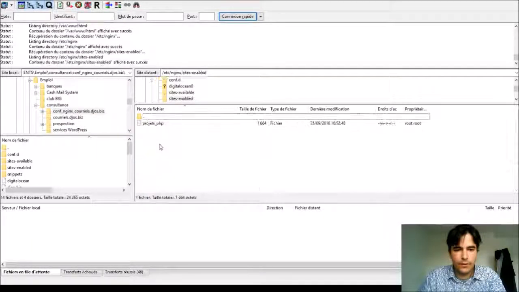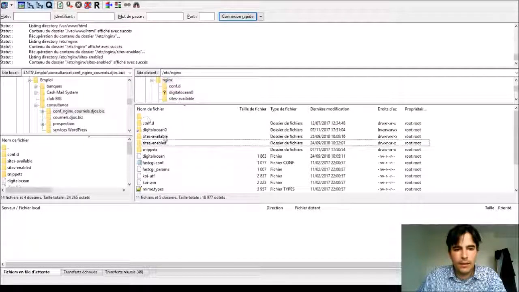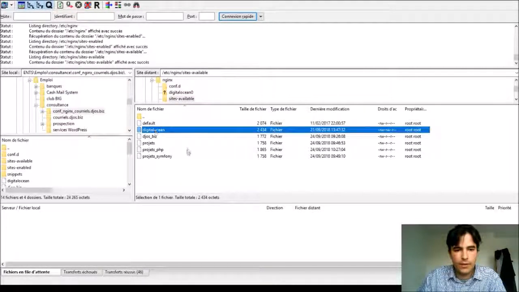So the file that is run by Nginx is this file in the sites-enabled folder, and I've got also other configuration files I tried before finding how to do it. Here, for example, is the basic DigitalOcean configuration file.